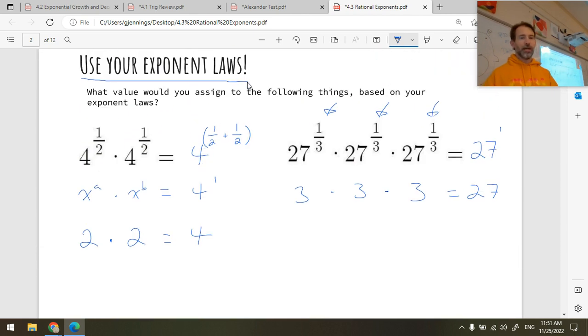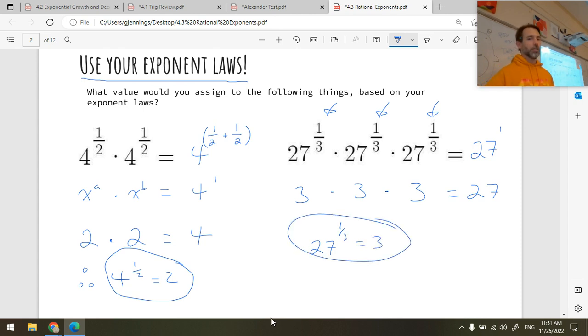Oh, wait, so we should write down some concluding statements. Therefore, 4 to the 1/2 is equal to 2. That's kind of what we were looking to understand. And 27 to the 1/3 is equal to 3. That's something that we were also looking to understand. So I'd get that into my notes. And if you're still like, well, why? I'm not sure. Put a question mark, and all will be revealed